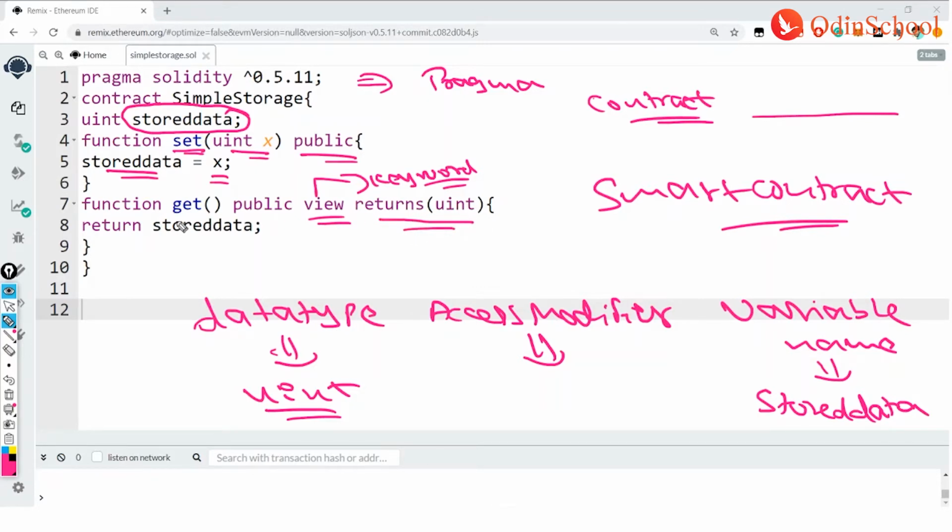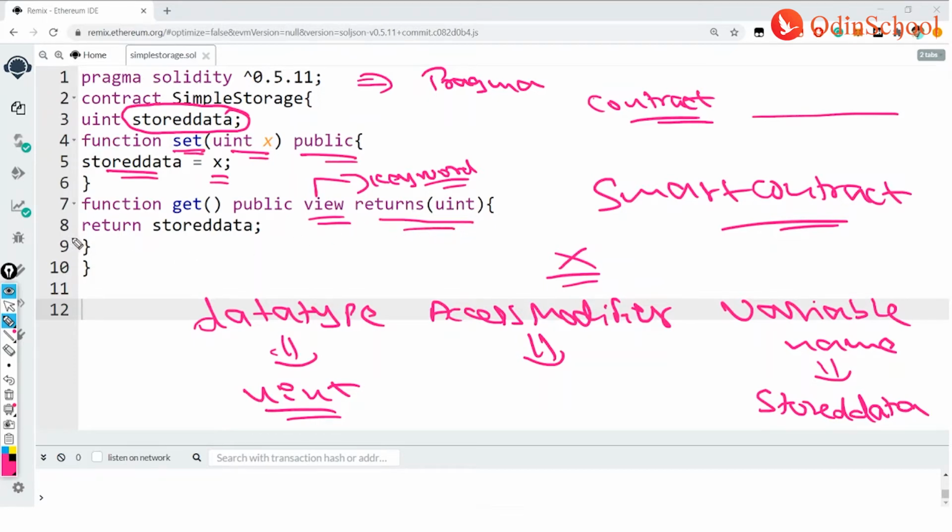So let me say, can you say that this get function, whatever get function which is present here, can it send me a negative value? No, it can't give us the negative value as output. Why? Because here it is very clear that it needs to return an unsigned integer. Unsigned integer means, as you know, that it consists of only positive values. No negative values are allowed here. So it takes only positive values, but no negative values are actually allowed.